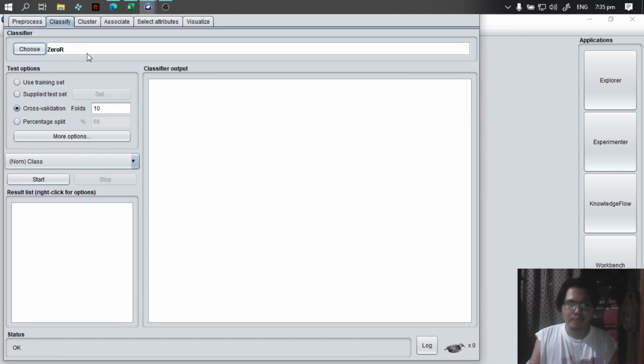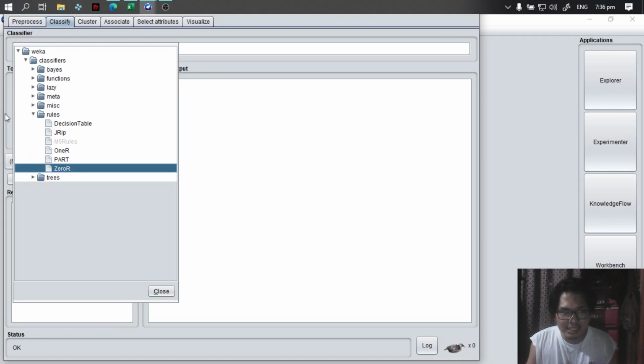So here in classify, first we are gonna change these folds into 4, since we have 80 pieces. Since it's divided into 60 training and 20 testing, as I said before, 80 divided by 4 is 20. So we have 20 increments. Since we have set the cross validation folds into 4,